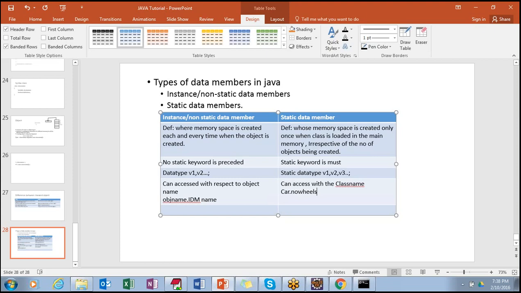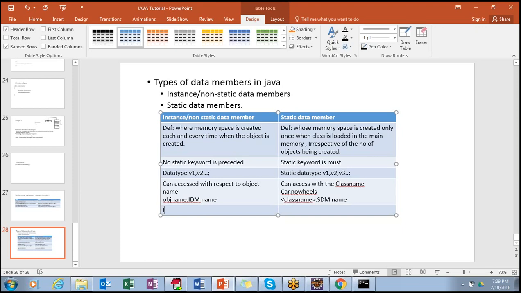I can use it in such a way: class name dot static data member name. I will show you this example, how we are going to do it.